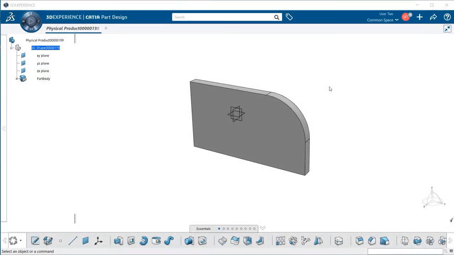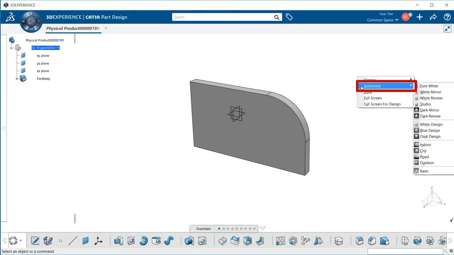The Ambience function allows you to change the background to your current graphic viewing. To access it, right-click anywhere within the graphic window. As shown here, go to Ambience in the pop-up menu, and here you have a selection of all different Ambience